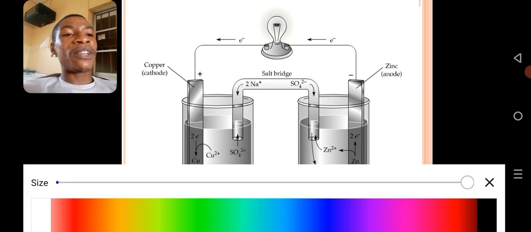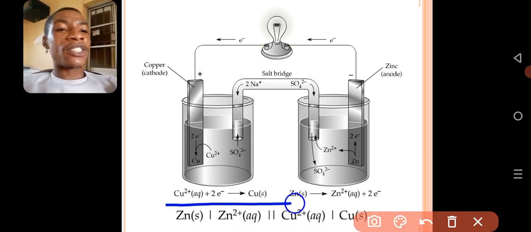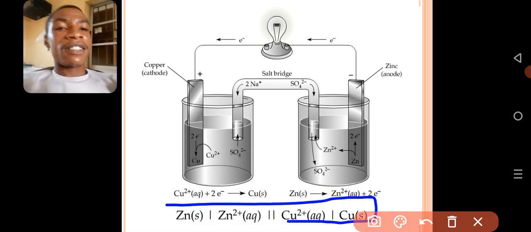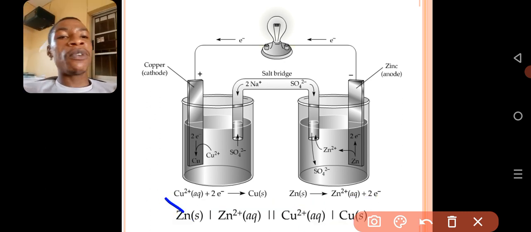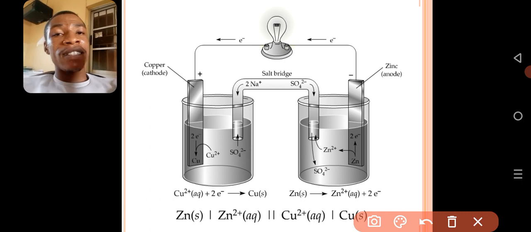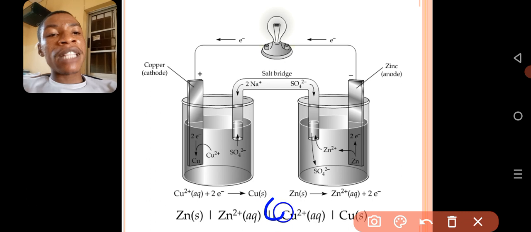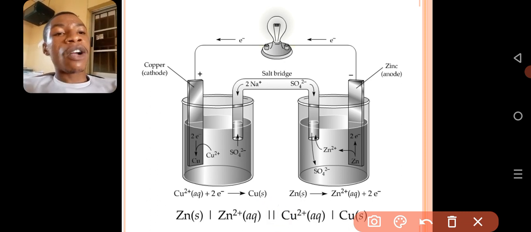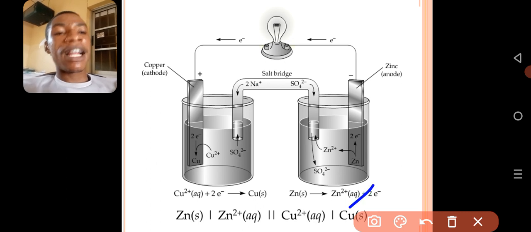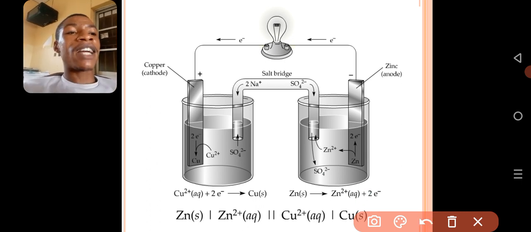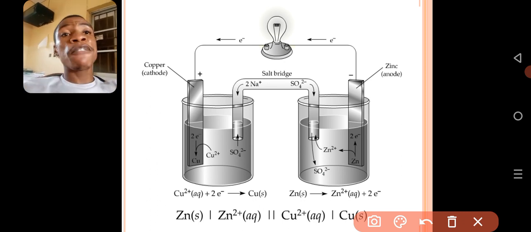Then this is the line notation, which is anode material, single slash, that's for phase difference, anode solution, double slash, that's for salt bridge, cathode solution, single slash, cathode material. So take note of that. That's how you write your line notation. So this is the full description of this particular